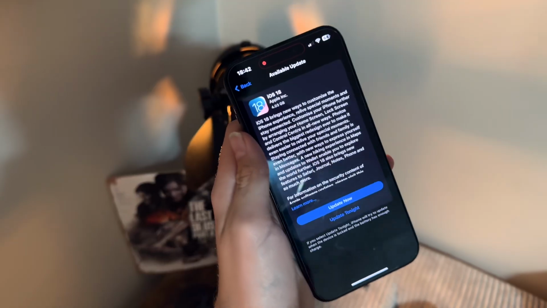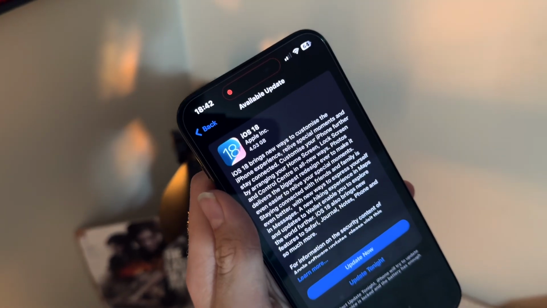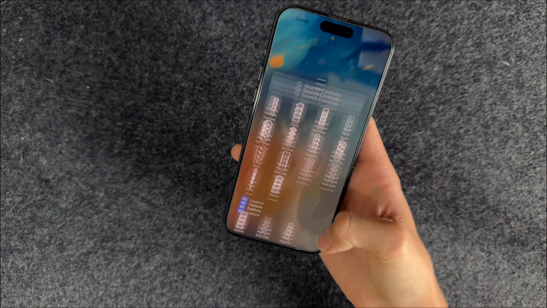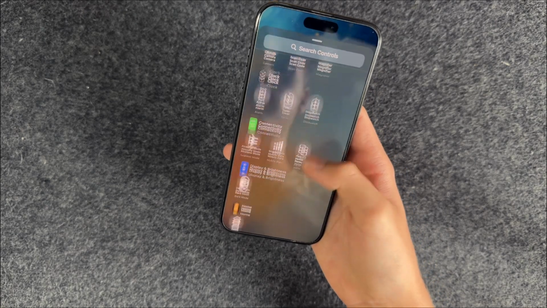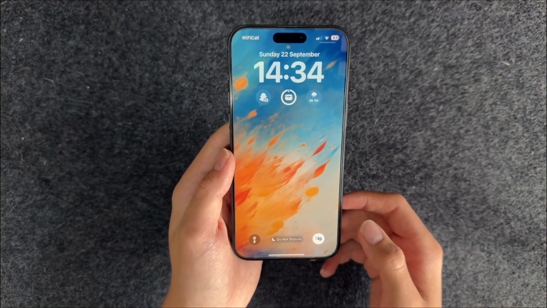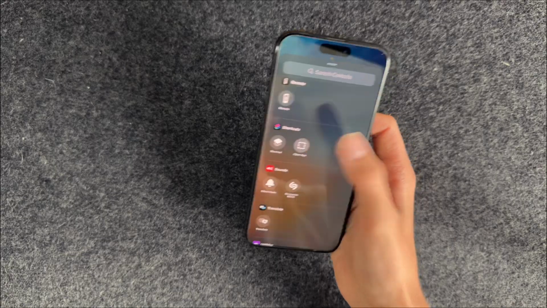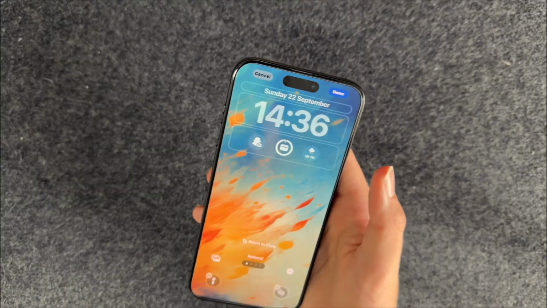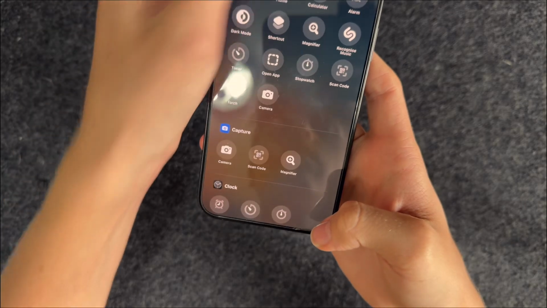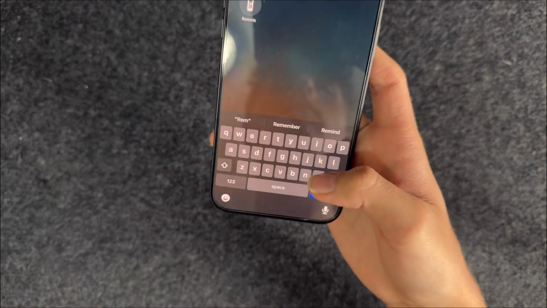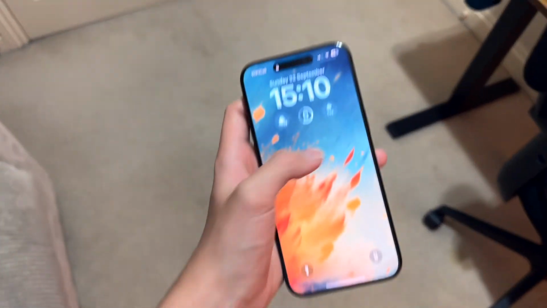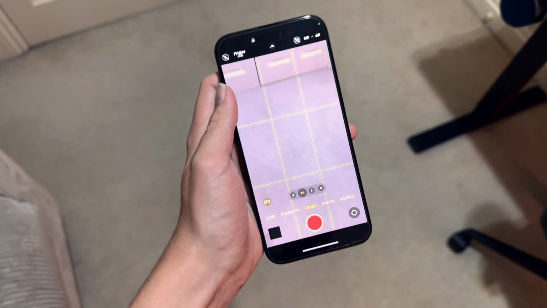do this. Once updated, you'll first want to explore the new lock screen button customization. Along with the basics, you can change these to some options, including Translate, which is great if you travel a lot, setting it to open any app, Shazam, Calculator, and Airplane mode. Quick tip, I replaced the camera shortcut with the Apple TV remote. 1, because I have an Apple TV, and 2, because you can get to the camera by just swiping right